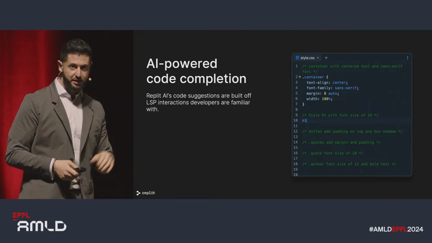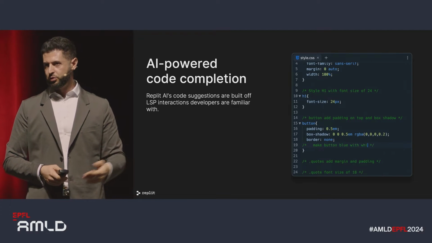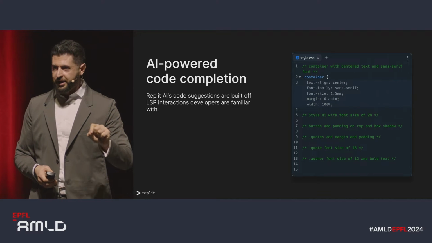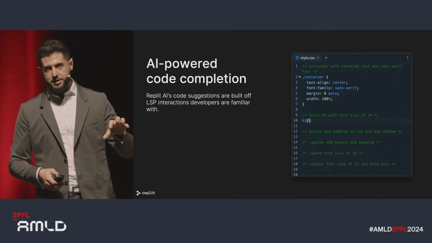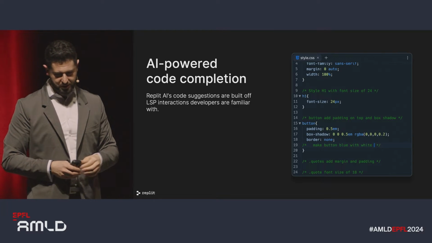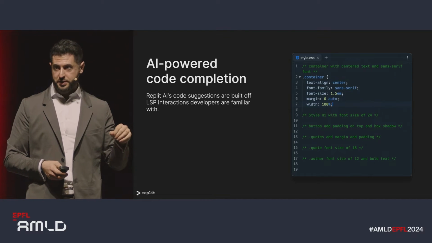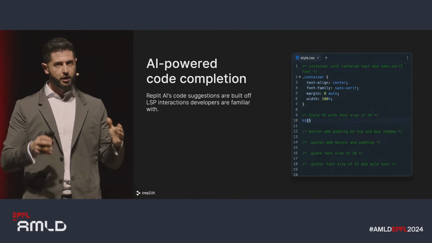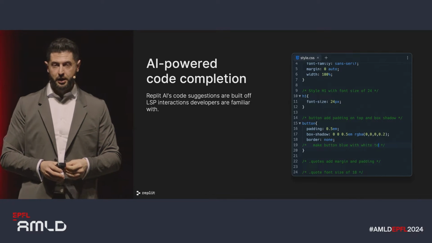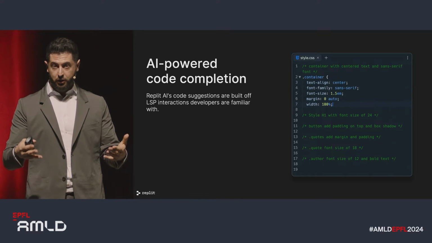Let's go quickly through a list of features now. First one is we have AI-powered code completion. For those of you who use GitHub Copilot, this is going to look very familiar. There is one key difference. We optimized for latency, and I'm going to explain a bit more in detail about the models. But if you look at the animation, you will see that most of the completions are happening in a very short amount of time. We strive to have our P95 latency around 250 milliseconds, which is on the border of what is perceived as almost instantaneous for humans.